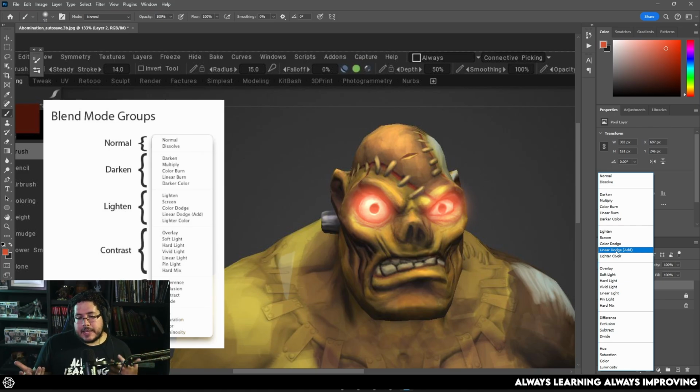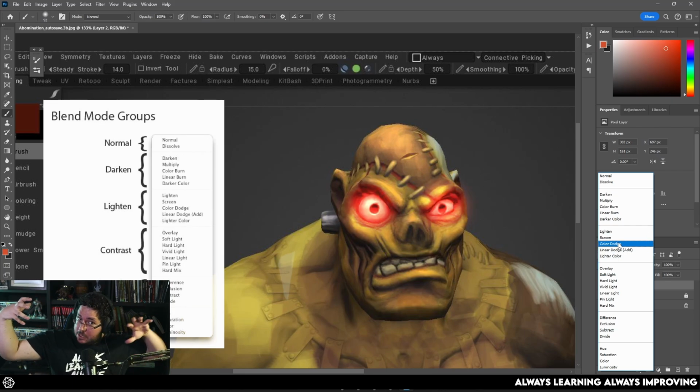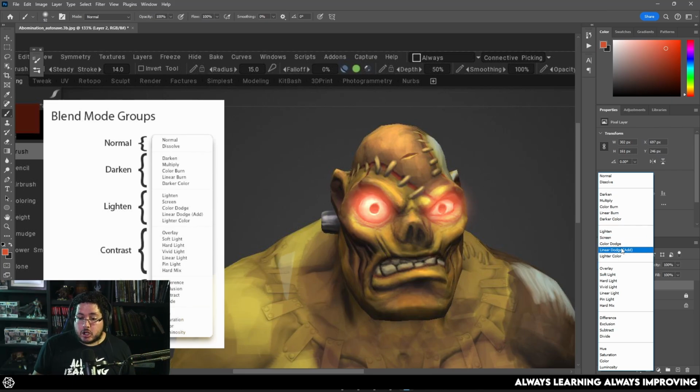Another way you can see this is that Color Dodge will increase the contrast as well. So as you can see, we get this contrast effect. We really push the shadows and we really push the lights, and Linear Dodge will only push the lights. It will only push the brightness. These are pretty much interchangeable. Well, not interchangeable, but if you want to have more color, Color Dodge. If you just want to have brightness, Linear Dodge is also a very good way.